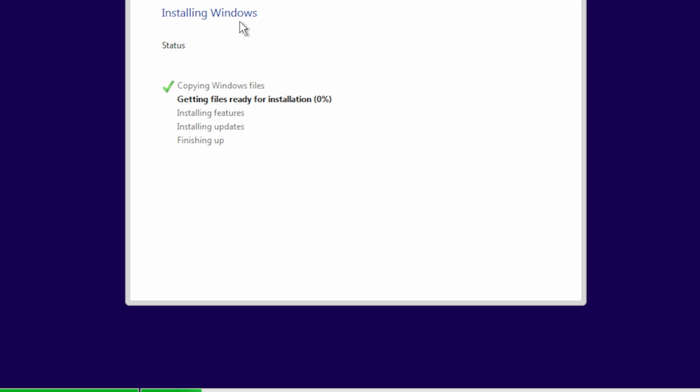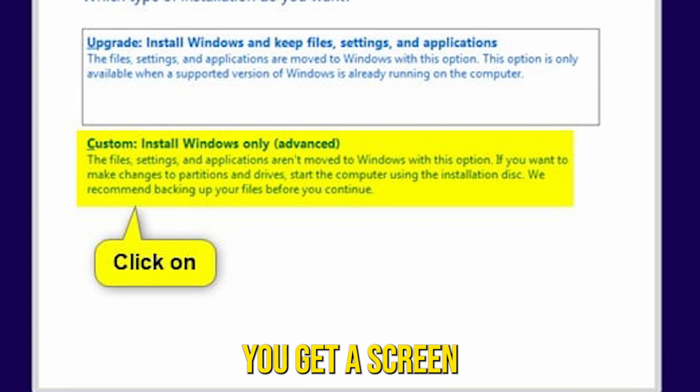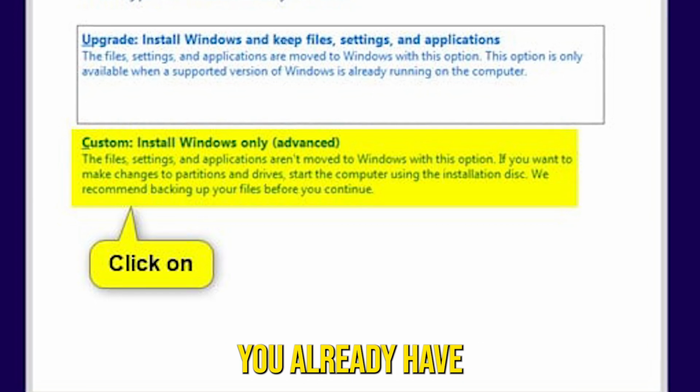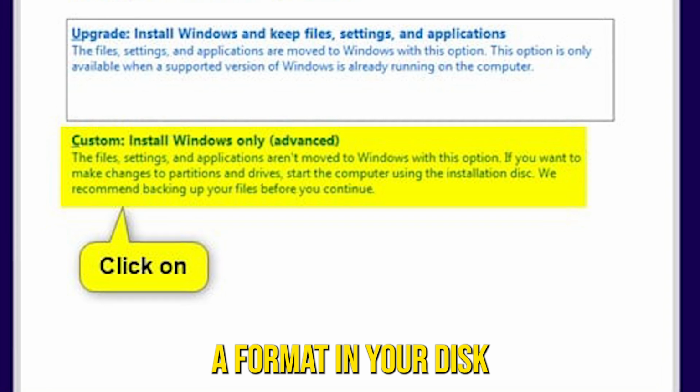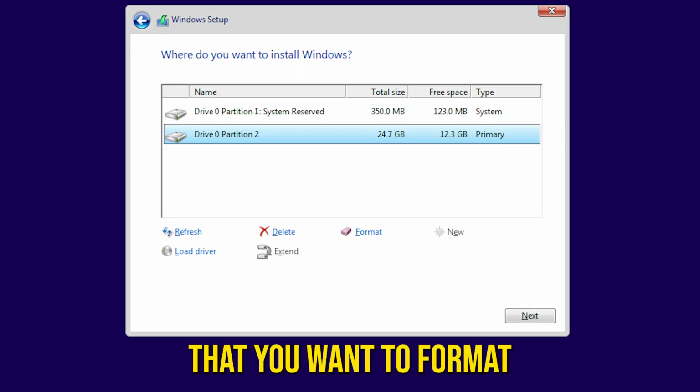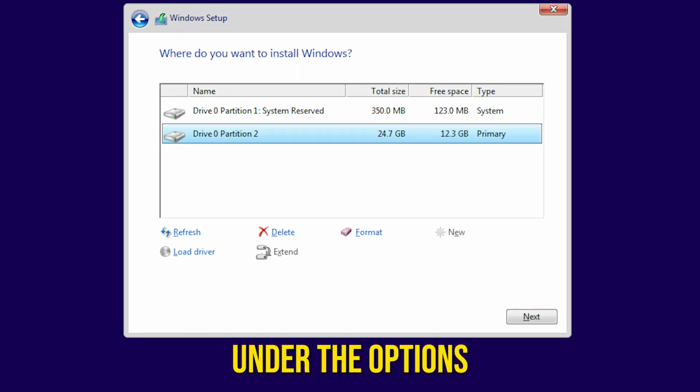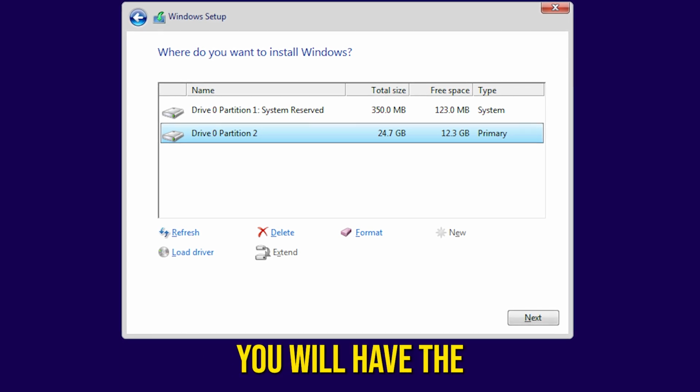I'm going to show you the whole procedure so you can check that everything is okay. Also, I want to add that if you get a screen like this, it is because you already have Windows installed, so we have to format your disk. You press the disk that you want to format, and then under the options you will have the format